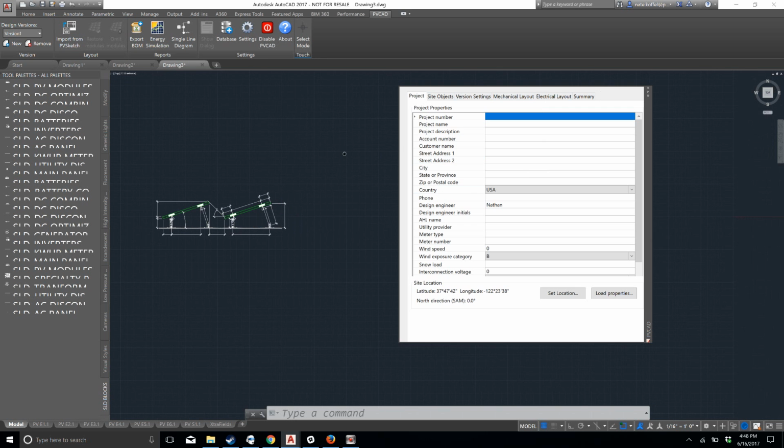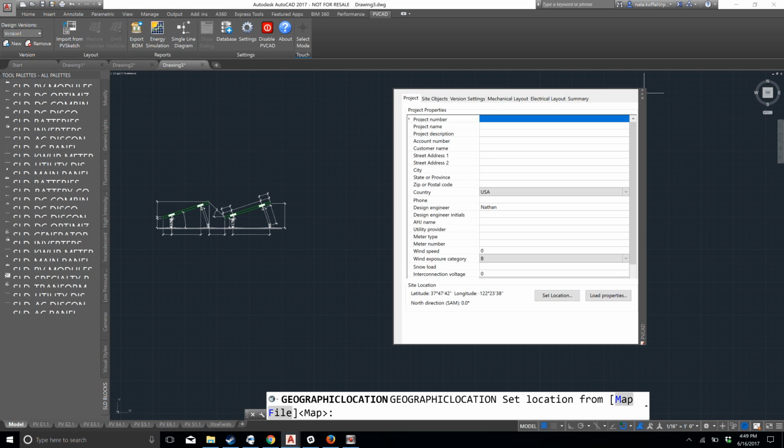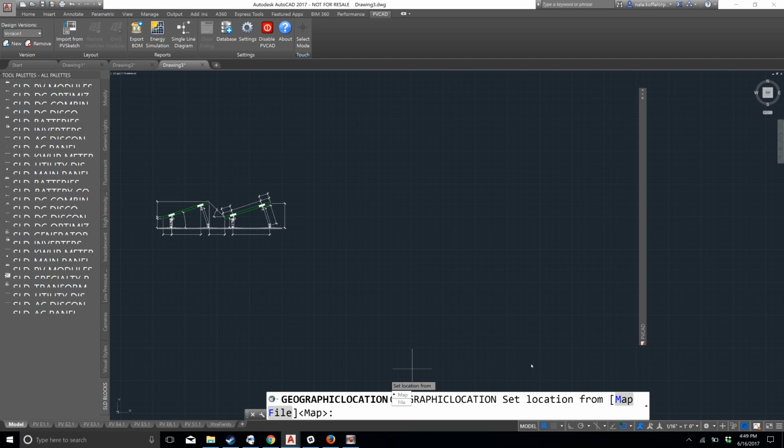PVCAD. Now, to start a project, there are a couple of different ways to go. If you are in a full version of AutoCAD and you're using our software, you'll see under the Project tab in this dialog window there's a button that says Set Location. I can click on Set Location, and then what will happen here is you see at the bottom it says Geographic Set Location from Map or File. You can see Map or File. If you click on Map,